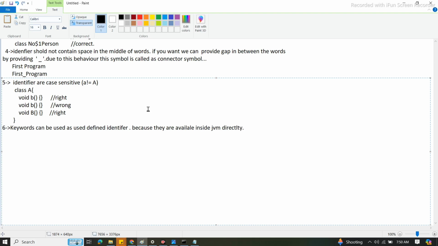See, whatever identifier you have mentioned, we cannot give our user defined identifiers to keywords. Keywords cannot use user defined identifiers. What are keywords? Tell me. Keywords are nothing but